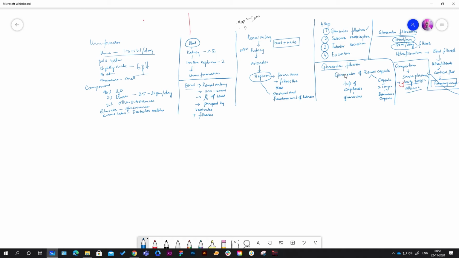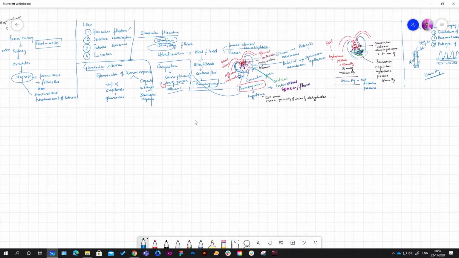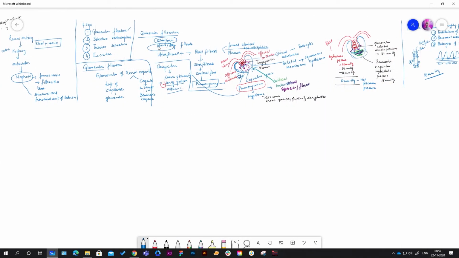The glomerular filtration takes place in the glomerulus. So here I explained to you about the renal capsule, and now let us come to the next part, that is the glomerular filtration. The amount of primary filtrate that is produced is not the quantity of the blood that is filtered. So let us come back here. The amount of blood that is getting filtered is per minute.